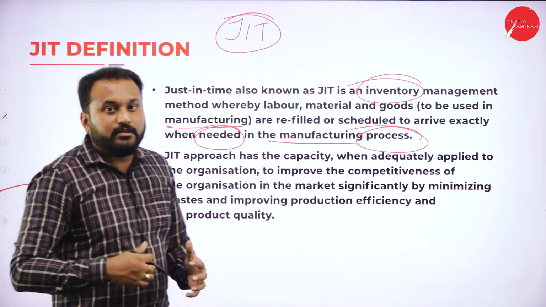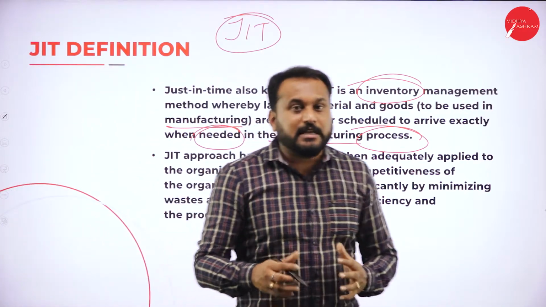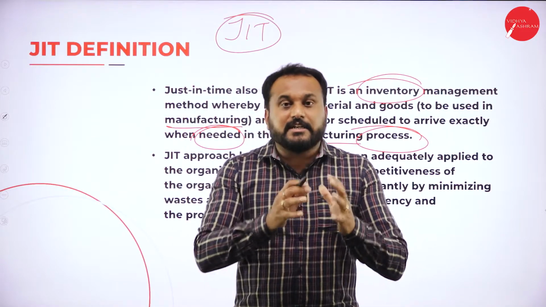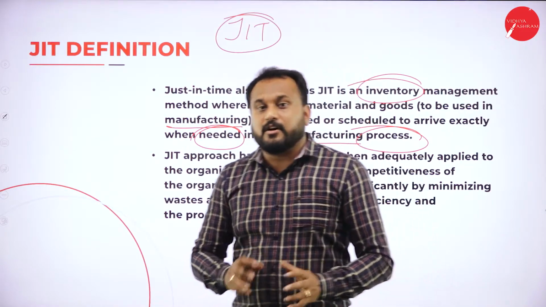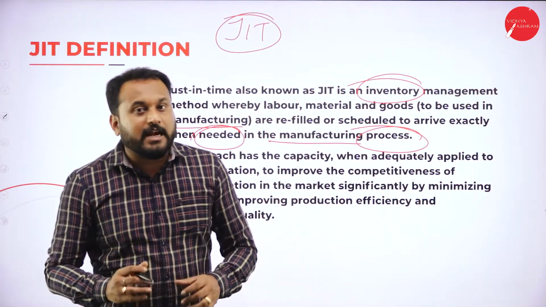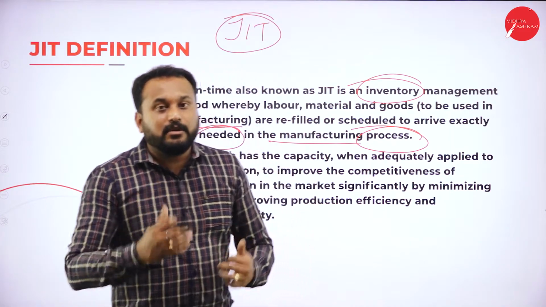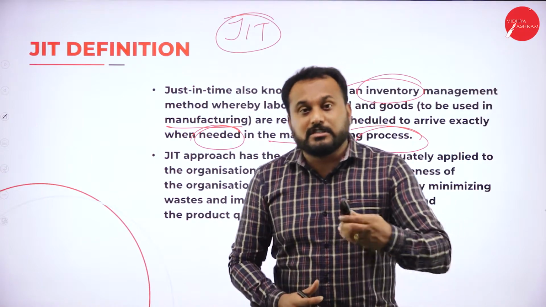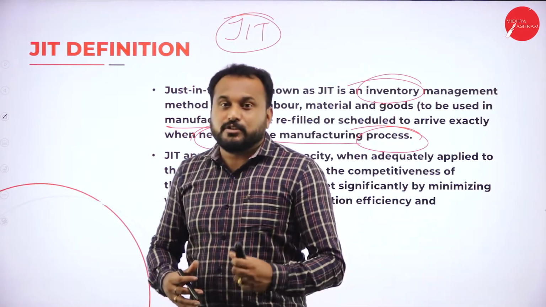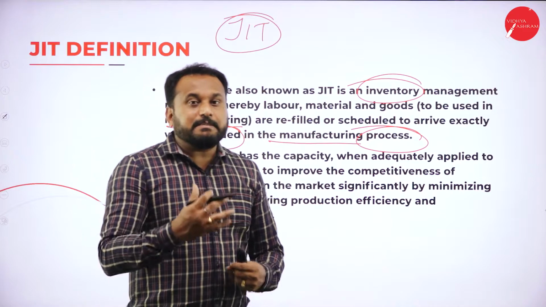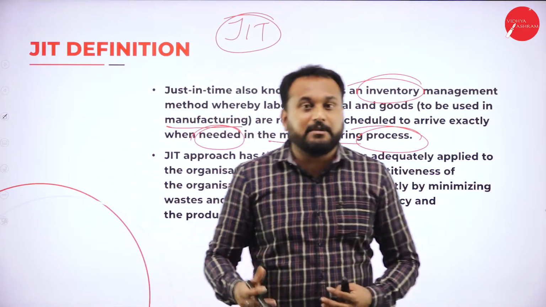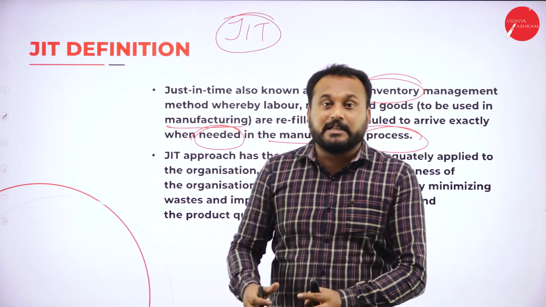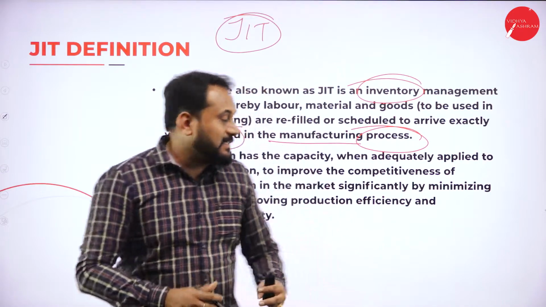For example, you need raw material because your laborers are waiting now. Just in time you are supposed to have those raw materials, or else your laborers will not have any other work to do and they'll be wasting that time, but still you are supposed to pay them the wages. So just in time you are supposed to have them. For example, you got raw materials but you don't have laborers. Just in time they are supposed to be there. Again, you are supposed to know all these things.